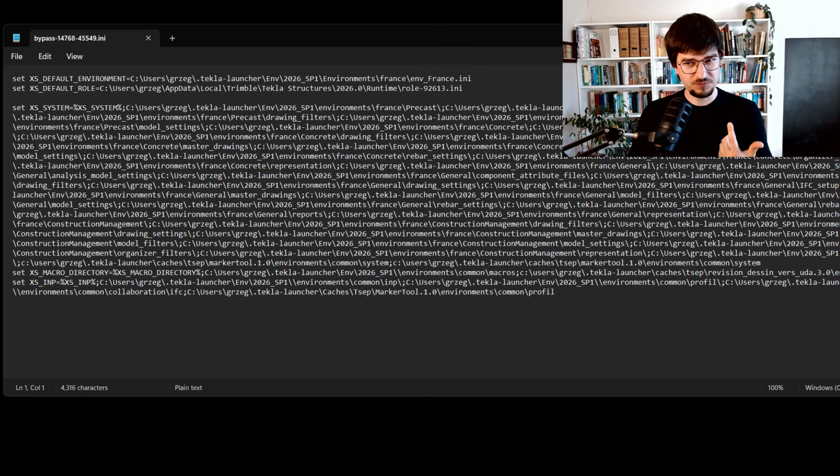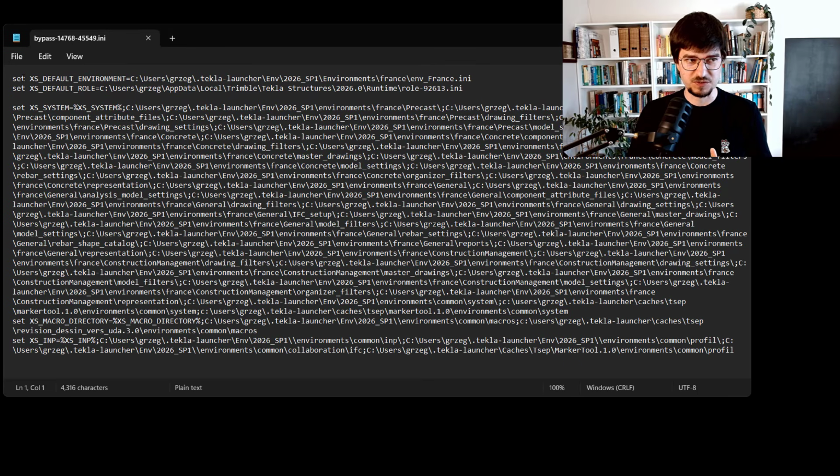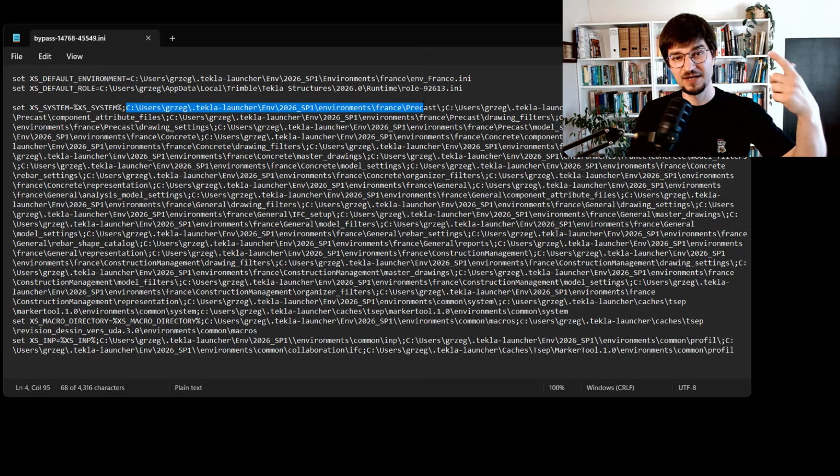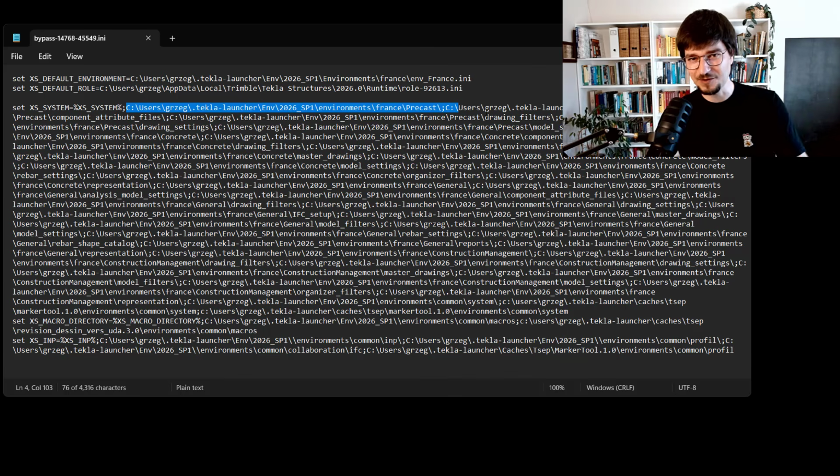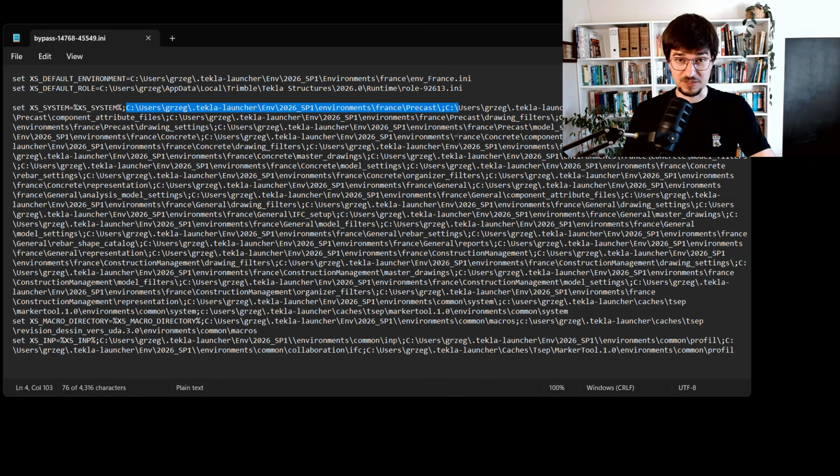And at first glance, it looks very similar, because there is the default environment, the default role, but then you see that those paths are quite strange. They are not the typical C, Tekla Structures, environments, stuff like that. It's sitting in my local files, Tekla Launcher. What is that? How does it work? And that's the magic of the Tekla Launcher, because it is not built on top of the